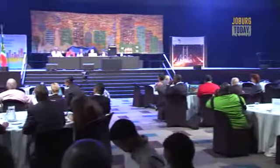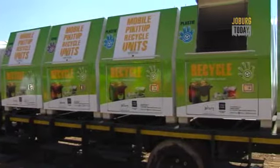Well, the summit is really to present the city's waste management plan and to have a conversation with all stakeholders about the implementation of the waste management plan. As you would appreciate, the city of Johannesburg has committed itself to reducing the amount of waste that gets into our landfill sites, but we also use waste as a resource that can be recycled, but also a resource that